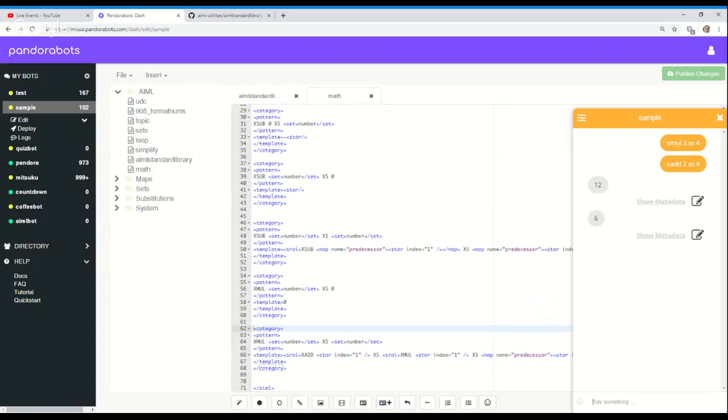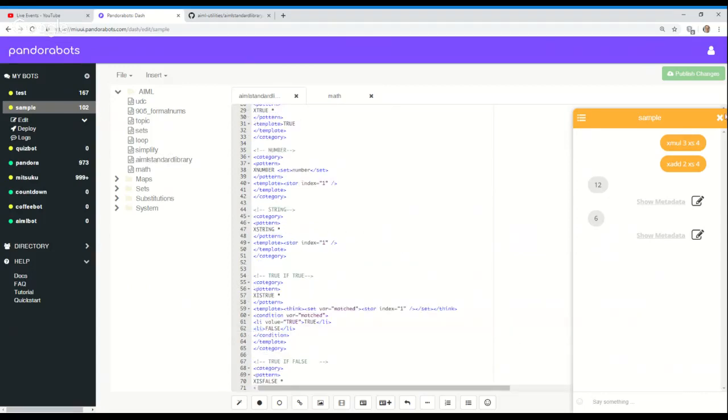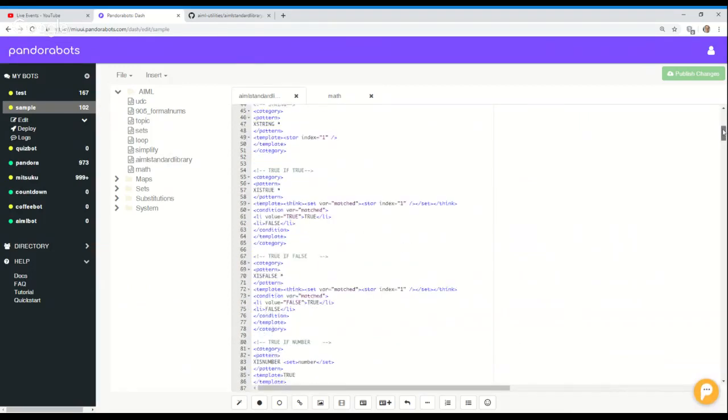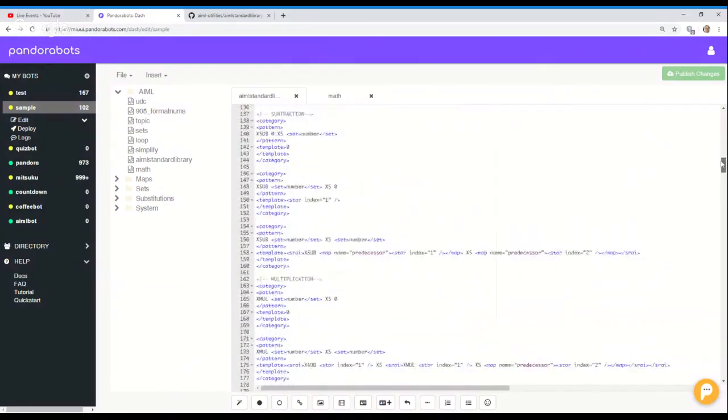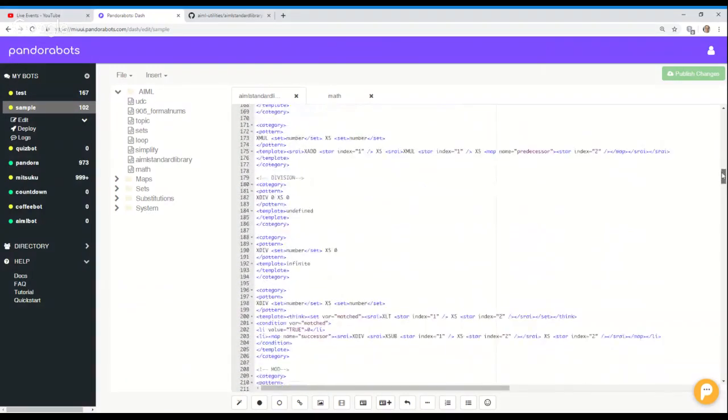Now you can do the same with division as well. The only problem with division is that you may not get that whole number. So if I show you on the standard library for division, there we go. Right, so what that's telling us,